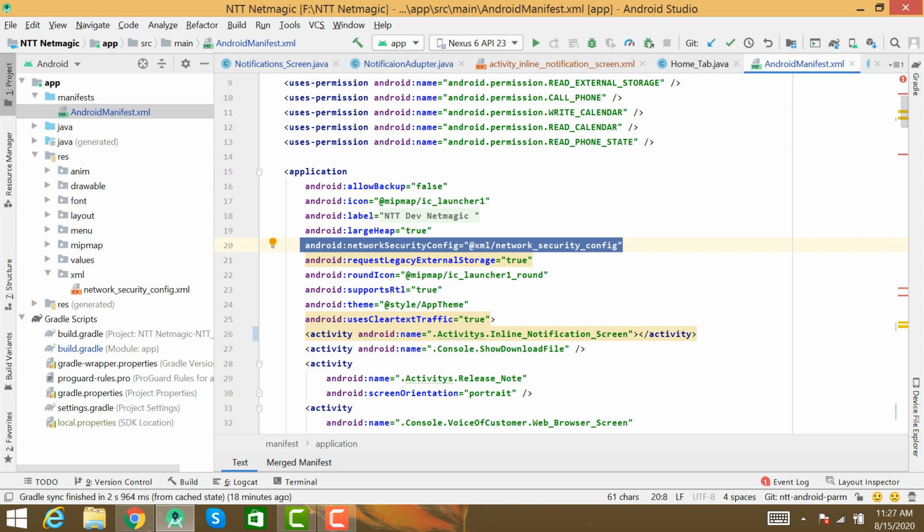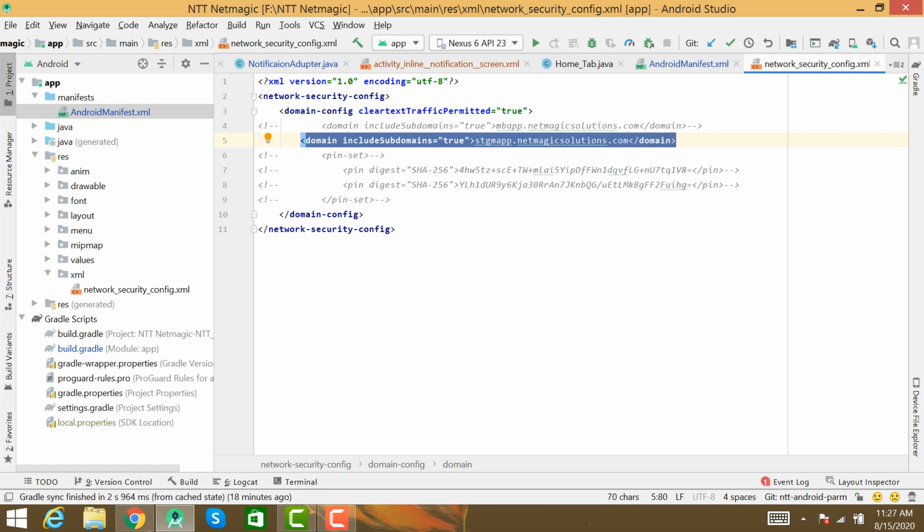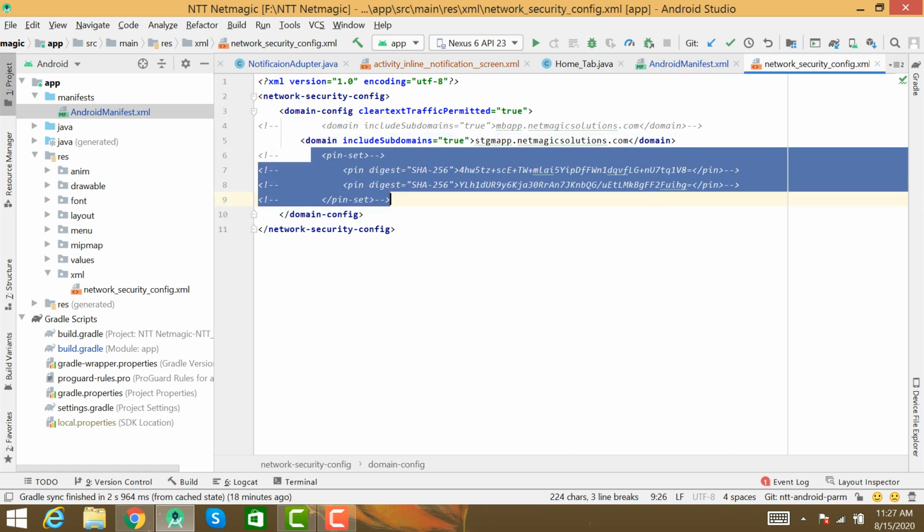In this application I have used SSL pinning, as you can see, added in the manifest file. I am clicking there. Here I am using the domain name and SSL pinning set.